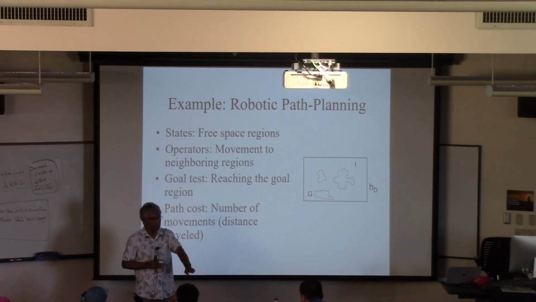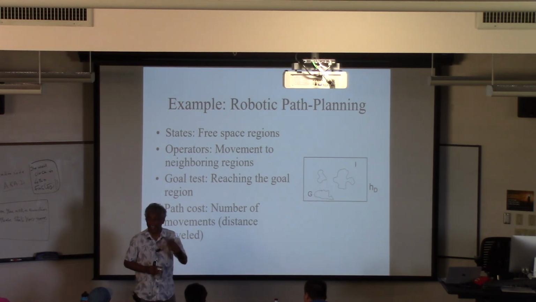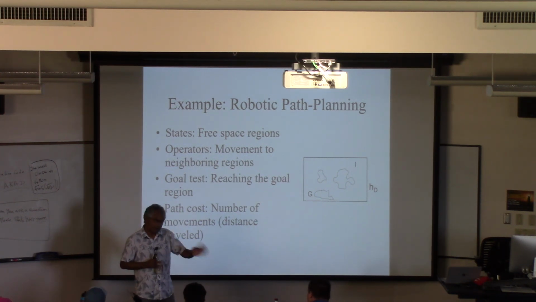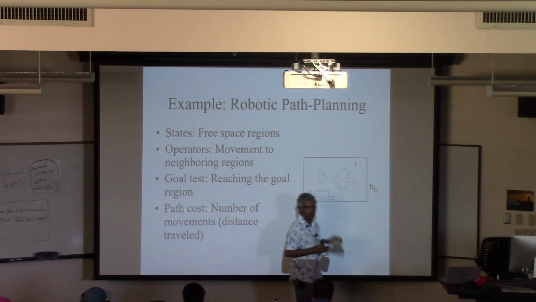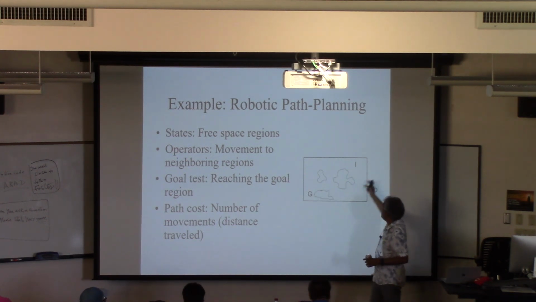And if you have a reasonable robot, for all intents and purposes, you can assume it's a deterministic movement. When it tries to go forward, it actually goes forward. If you have a cheaper robot, then when it tries to go forward, 80% of the time it goes forward, 10% of the time it goes left, 10% of the time it goes right. If you have a really cheap robot, 80% of the time it goes forward, 9% left, 9% right, 2% of the time it blows up. It can happen. It's a really bad robot. And that's basically uncertainty. In general, most people assume that if they spend money, they have good mobile robots, and so the find path problem would then be in a large